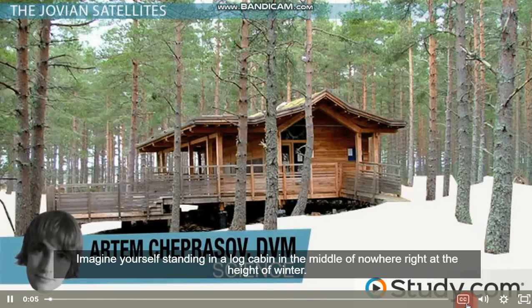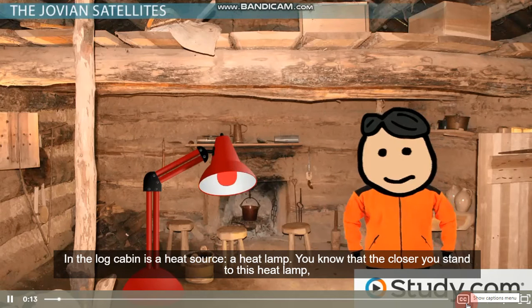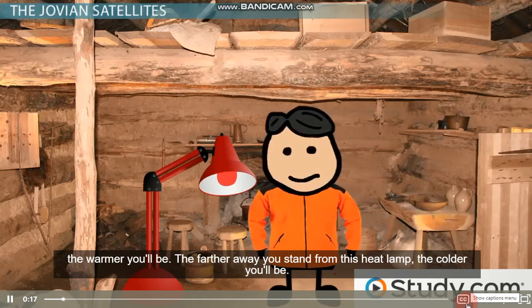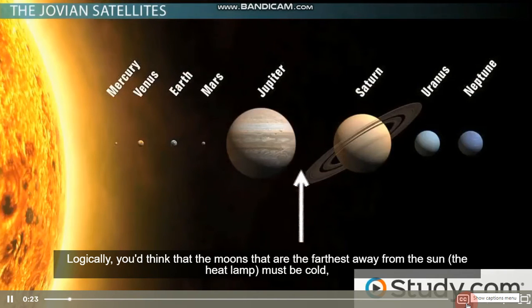Imagine yourself standing in a log cabin in the middle of nowhere right at the height of winter. In the log cabin is a heat source, a heat lamp. You know that the closer you stand to this heat lamp, the warmer you'll be. The farther away you stand from this heat lamp, the colder you'll be. Logically, you think that the moons that are the farthest away from the sun, the heat lamp, must be cold,